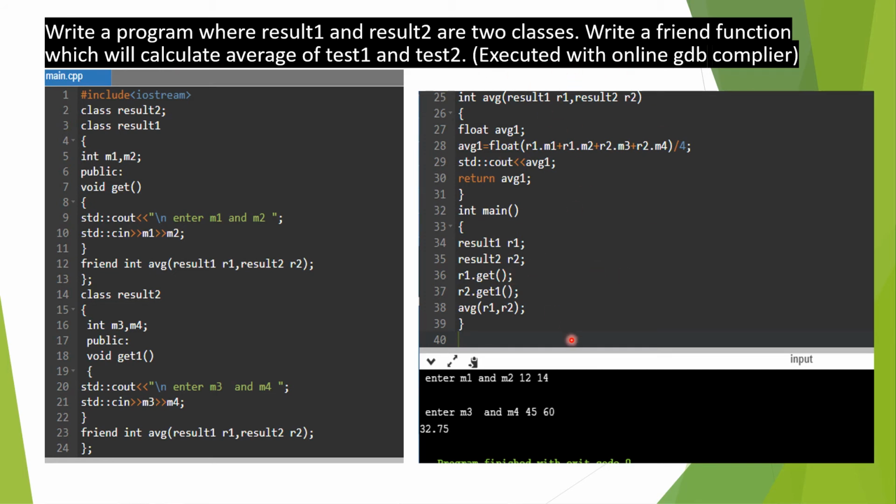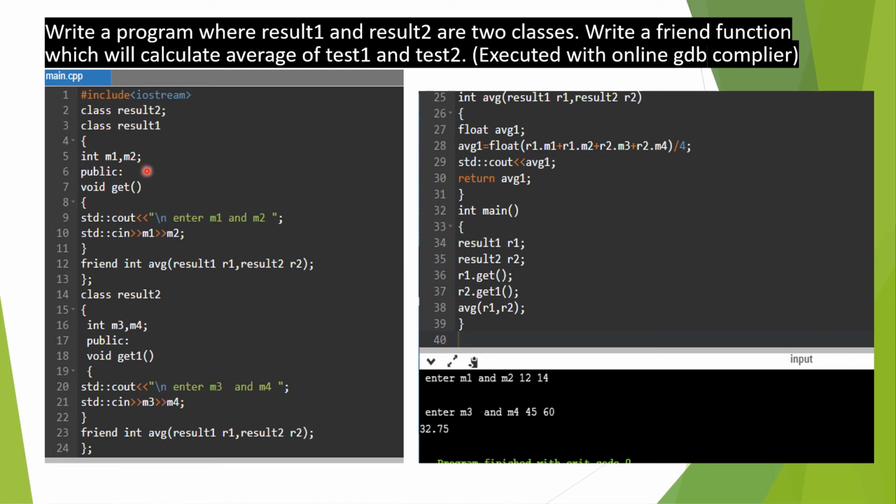I have executed the friend function program with the help of the online GDB compiler. iostream is the header file, then class result2, class result1. I have just declared result2 first. Why? Because in class result1 I will require the object of result2, so I have to declare it first, otherwise the compiler will give an error.